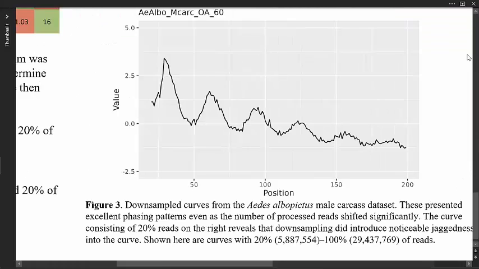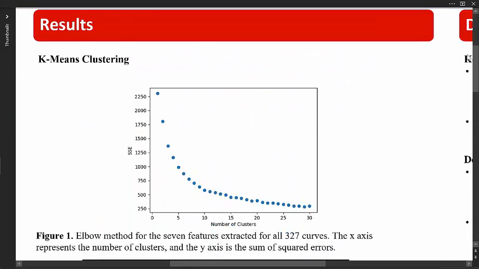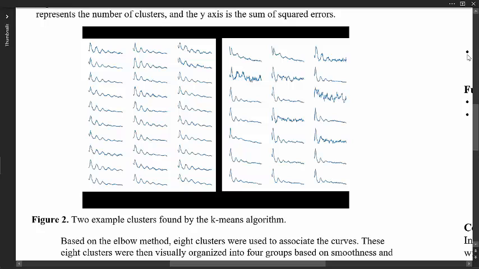In terms of our results, we first wanted to find the optimal number of clusters for this multidimensional dataset. We used the elbow method to find the number of clusters, and based on this method, we decided to use 8 clusters. Then from these clusters, 4 groups were made to classify the overall quality of the curves. Next, we classified the curves into groups based on which cluster was closest to the curve, and here are 2